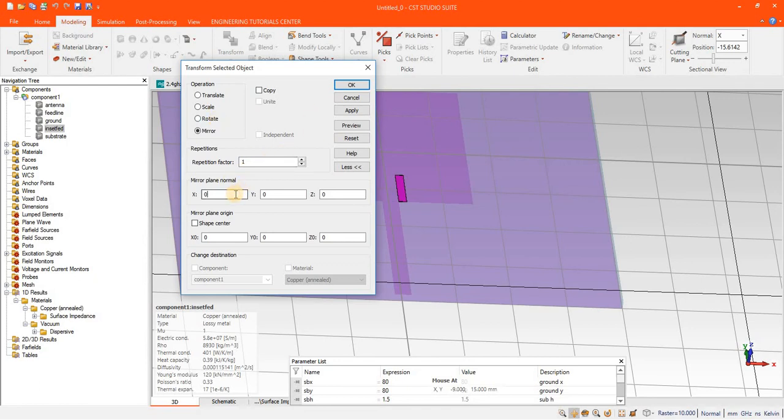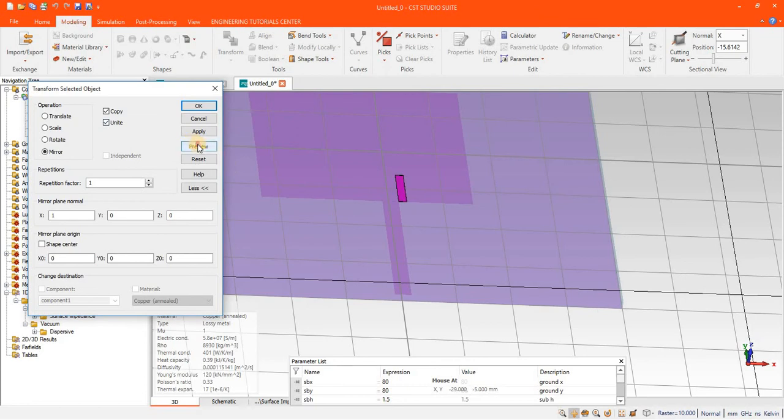It will be along the x-axis, and the repeating factor will be 1, a copy of it, and also unite. First we will check the preview, it is OK, and apply.